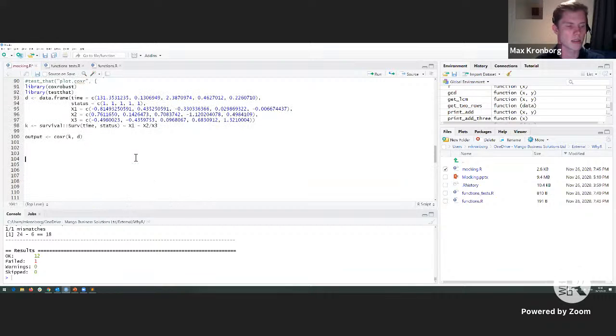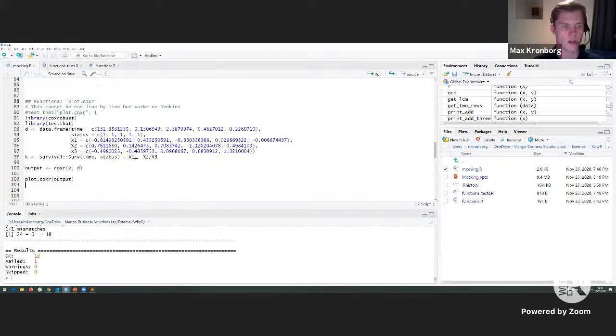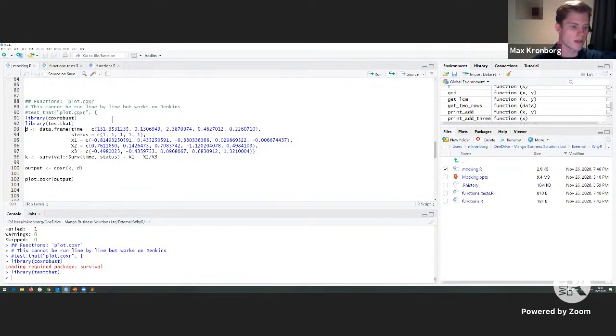If we just quickly look at this and the way it works, which is quite frustrating. So for plotting functions, the way we usually do this is we plot the result, we check that it's correct, and then we save it to an image file. And when we then go about testing it later, we can run it again, capture the image, and compare the two to check that things are still working. So the way you'd maybe normally go about this is to, well, we already have loaded testthat, but we load in the package we need.